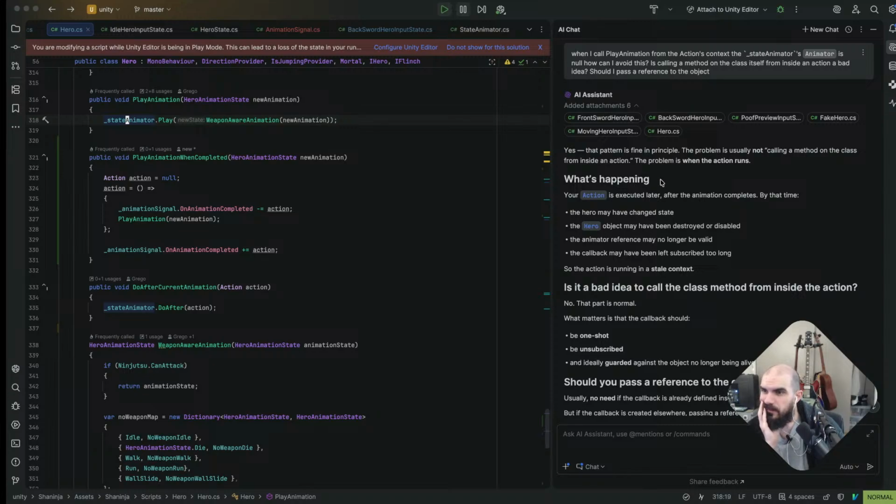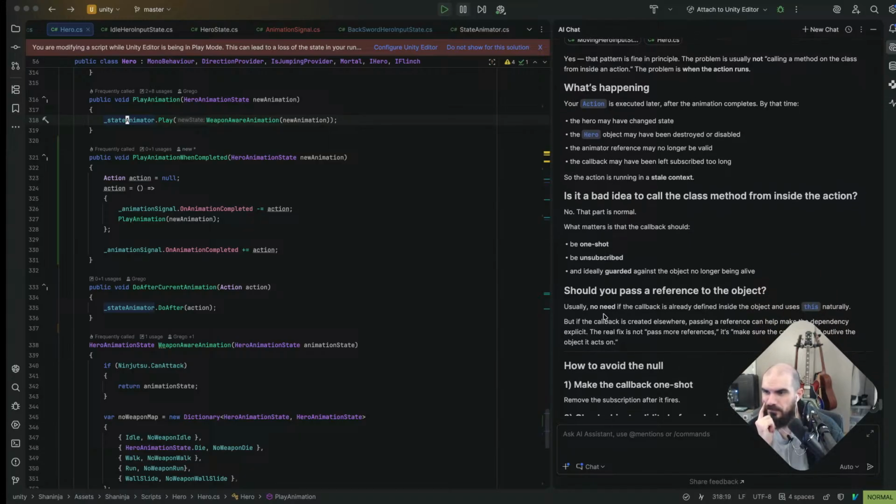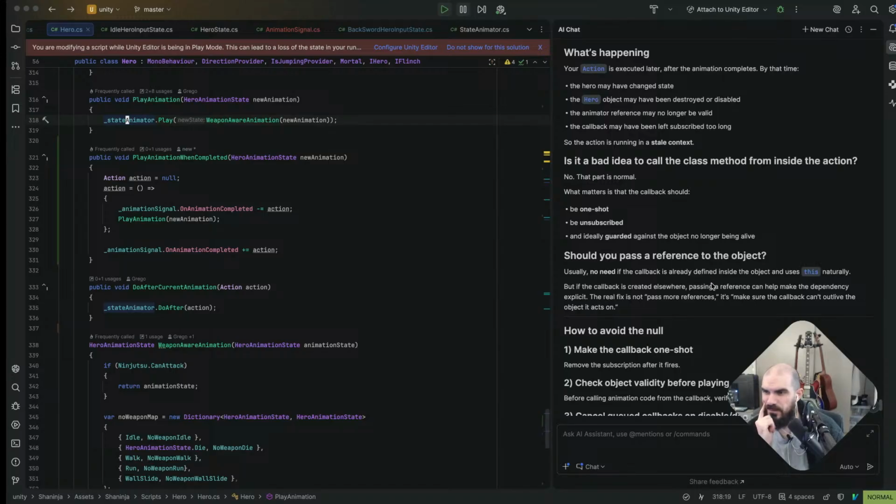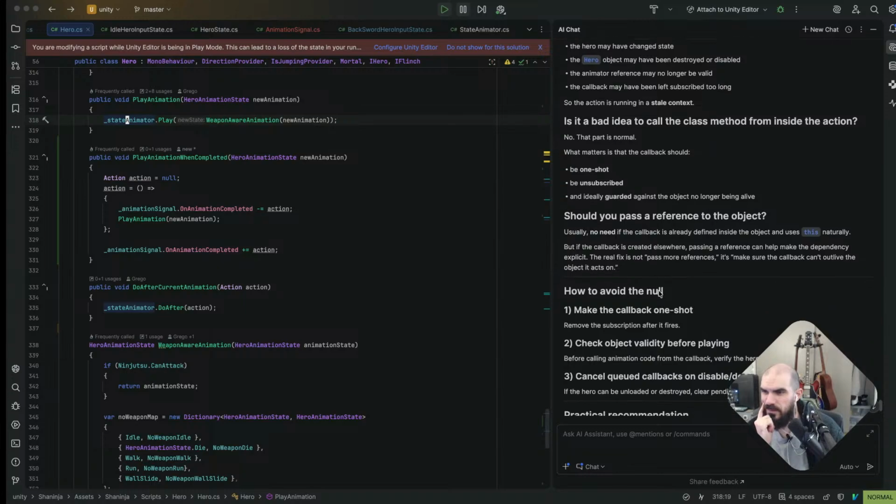Yes, that pattern is fine in principle. The problem is usually not calling a method on the class from the action, but the problem is when the action runs. Your action is executed later after the animation completes. By that time, the hero may have changed state, the hero object may have been destroyed or disabled, the animator reference may no longer be valid, the callback may have been subscribed too long. Usually no need if the callback is already defined inside the object and uses this naturally. But if the callback is created elsewhere,